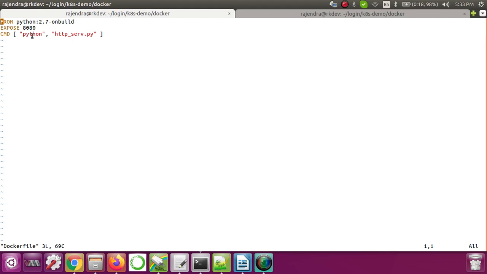That means your application will not be accessible outside the container. So to make that application accessible outside that container, whatever the port where your application is running, we have to expose that port. Once exposed, we can access that application which is running inside the container.